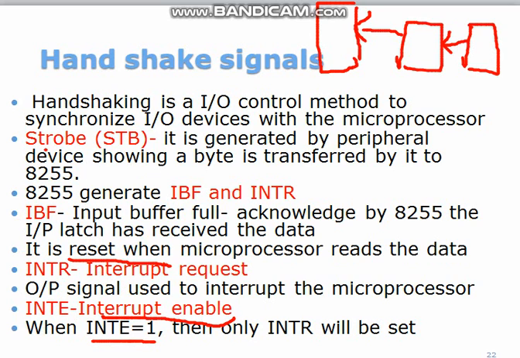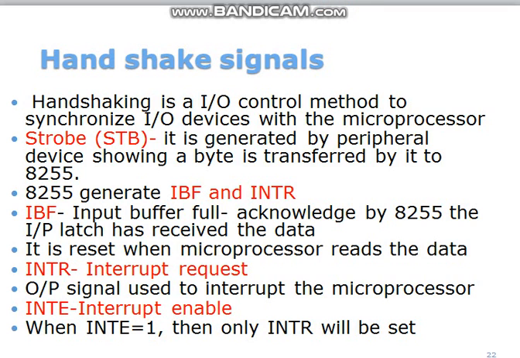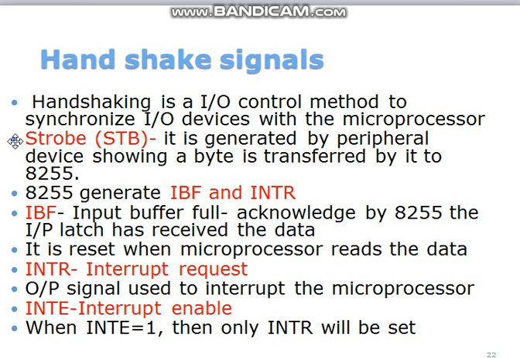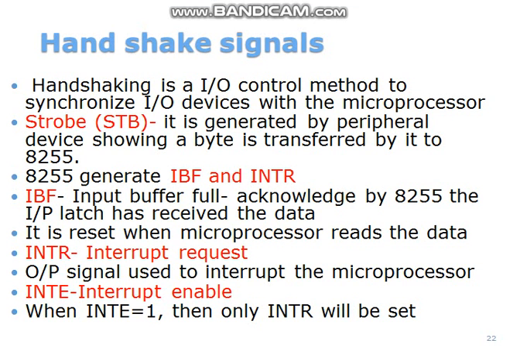As we have seen already, in your port C, a few signals will be used for handshaking. These 3 are the signals which are used for handshaking: strobe, IBF and INTR. When there is a data transfer, all these will be activated. The next one is your